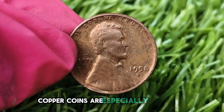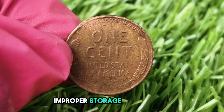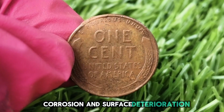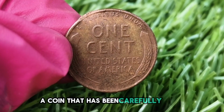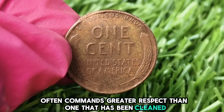Copper coins are especially vulnerable to environmental damage. Moisture, improper storage, and chemical exposure can cause discoloration, corrosion, and surface deterioration. Collectors therefore place considerable importance on originality and preservation. A coin that has been carefully stored for decades often commands greater respect than one that has been cleaned or